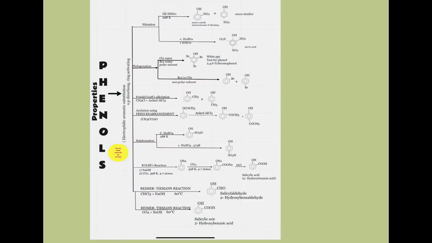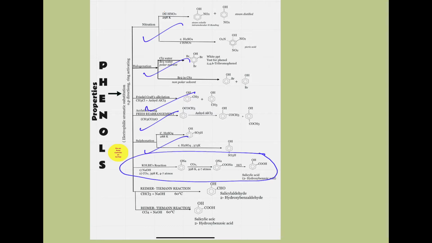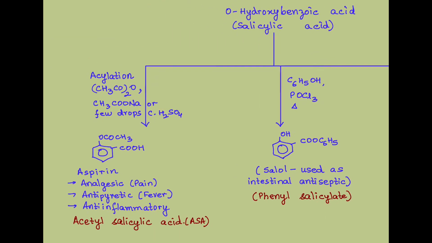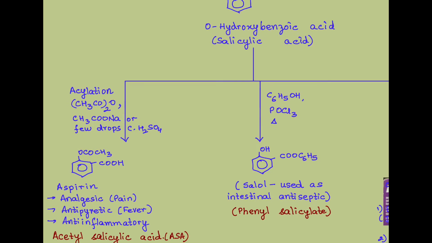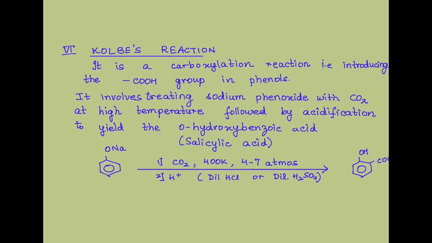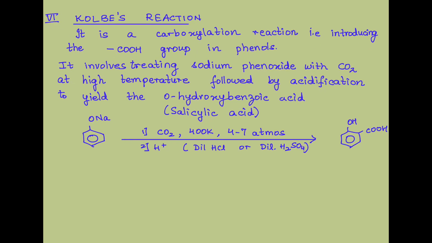If we refer to this chart, you will see that we've covered nitration, halogenation, alkylation, Fries rearrangement, sulfonation. What are we going to do today? Yes, in today's lesson, we're going to talk about Kolbe's reaction, which is a very important reaction from a synthetic point of view. What do we mean by synthetic point of view? You will see that Kolbe's reaction is used to prepare a large number of compounds which you come across daily. So let us begin our learning with Kolbe's reaction.